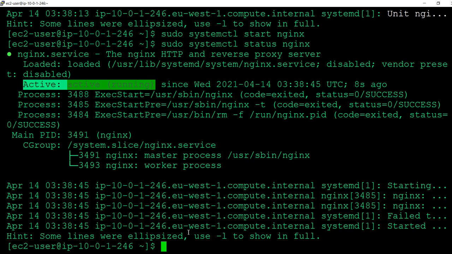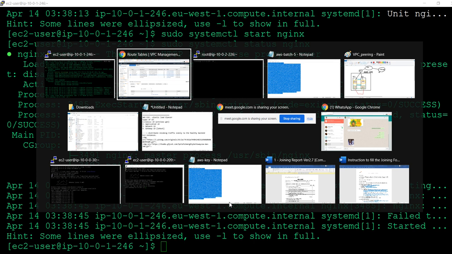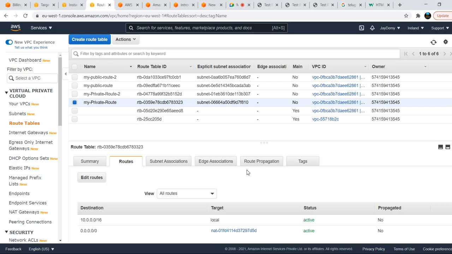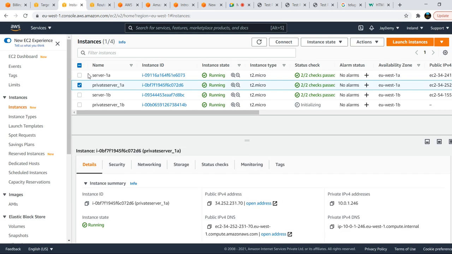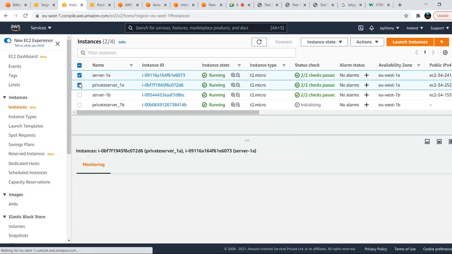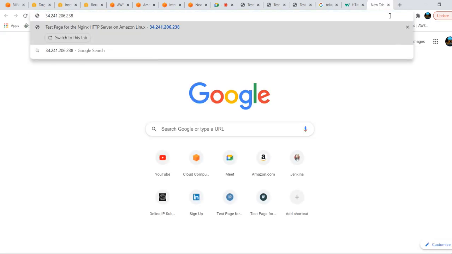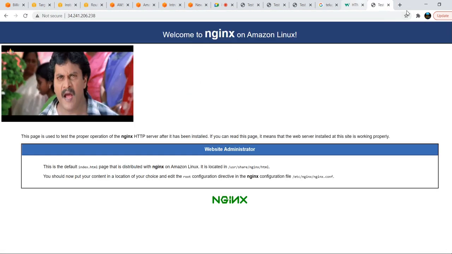So now tell me, here an nginx application is running. How will we test whether it is running or not? We have verified already. How will you access this one? With the help of your public browser. For the previous instance, assume this is server 1a, you took the public IP and went to the browser and pasted it here. It is working perfectly, right?